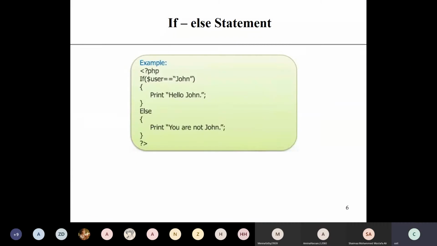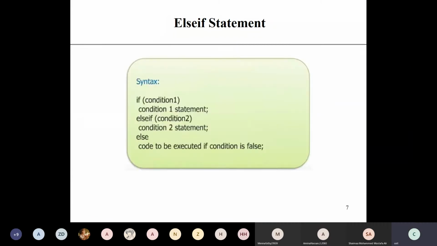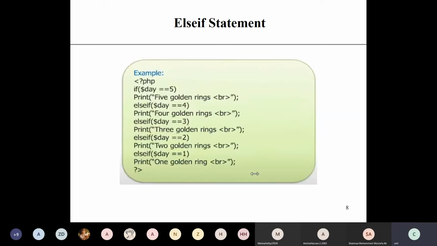I hope I made the things clear. Then we will see the else if statement. Else if is used when you have more than one condition. Like this, you have the variable day.